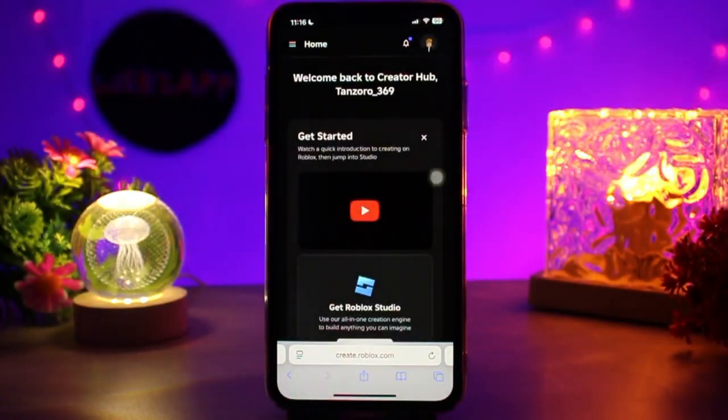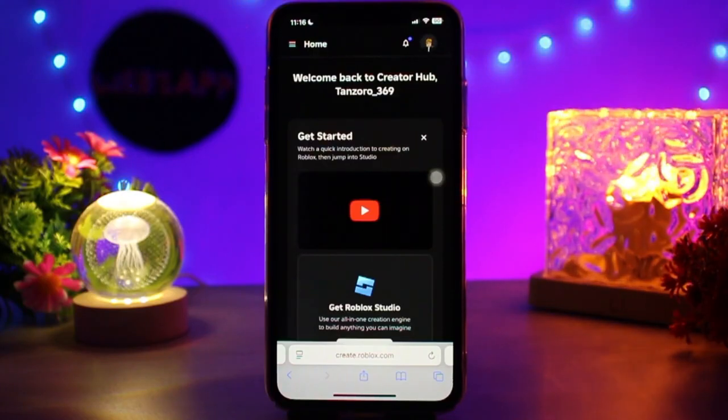Then once there, from the left panel, click creations, then experiences, then simply find your game and click the three dots next to it and select open in create or associated item. Then next in the left menu, click monetization and then passes, then simply click create a pass